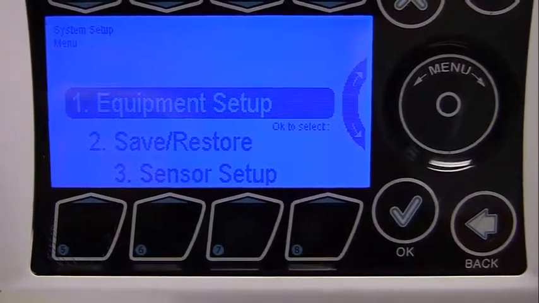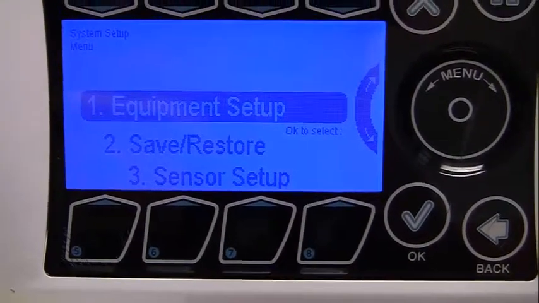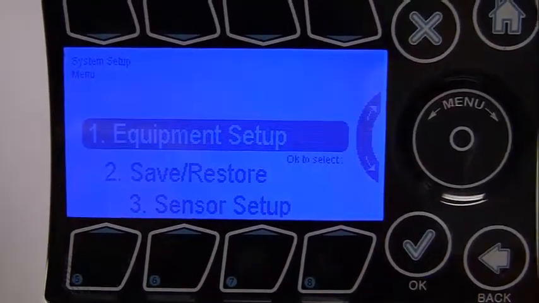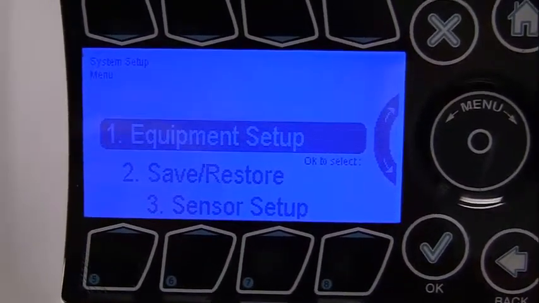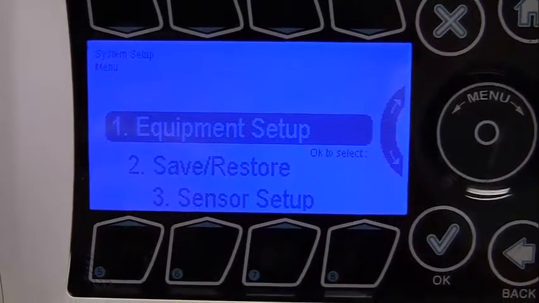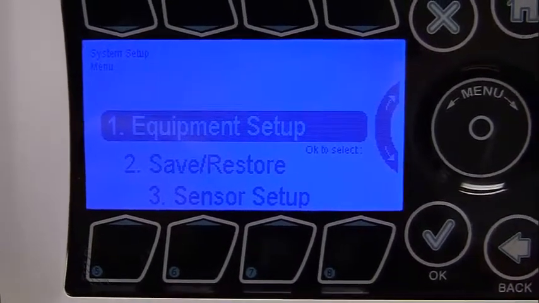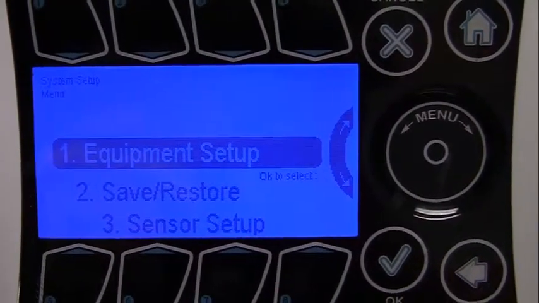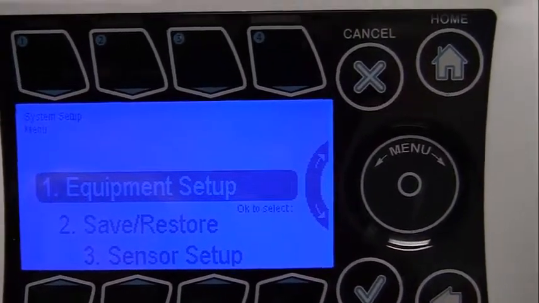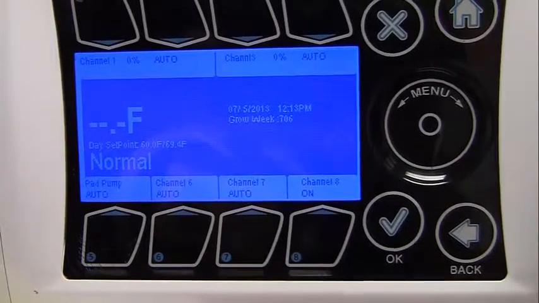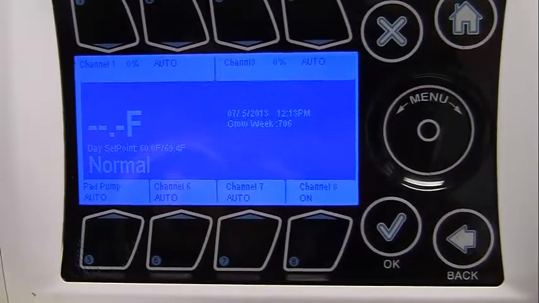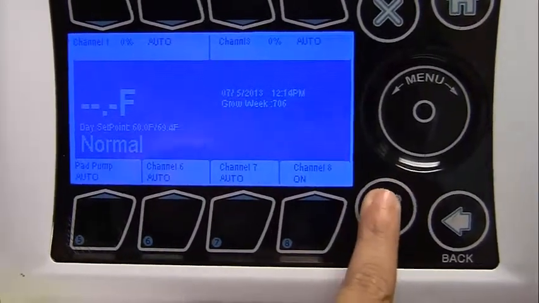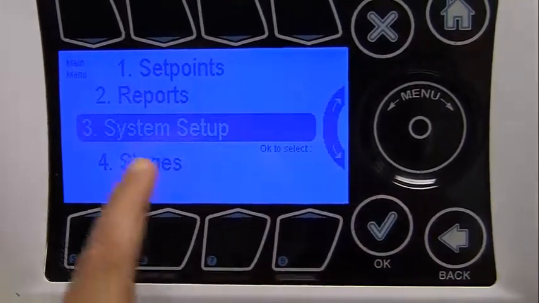So first we'll start off by showing you how to set up your equipment, on how to set up channel 1 and do an initial setting on it by putting a name. Say for instance you want channel 1 to be your vent, or you want it to be the fan. So in order to do so, I want to get into details on how to set up your equipment. So first thing you want to do is hit the OK button,